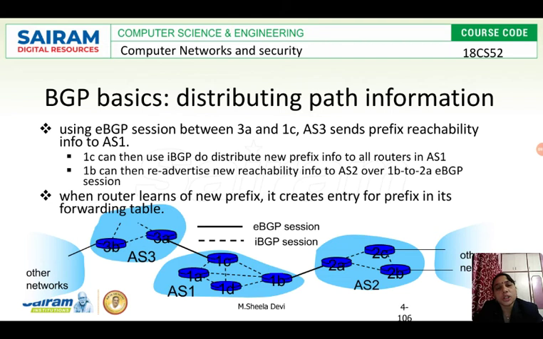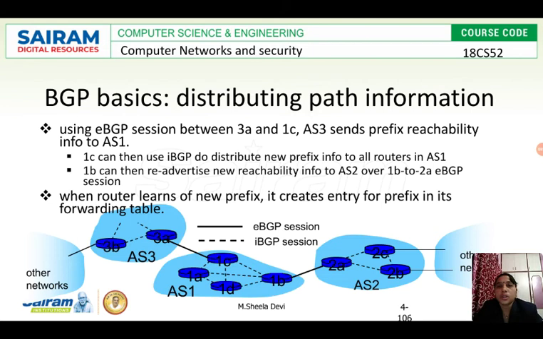Then what will 2A do? Using the internal BGP session, it will send this reachability information to all its routers, like: you can send messages to this particular network through AS1 to AS3, then AS3 to that particular subnetwork.